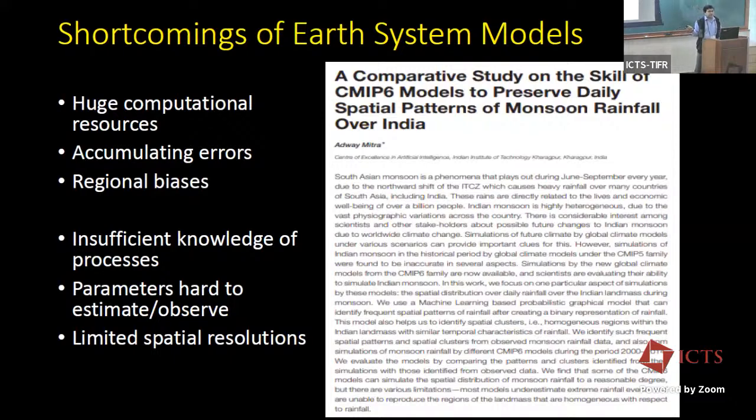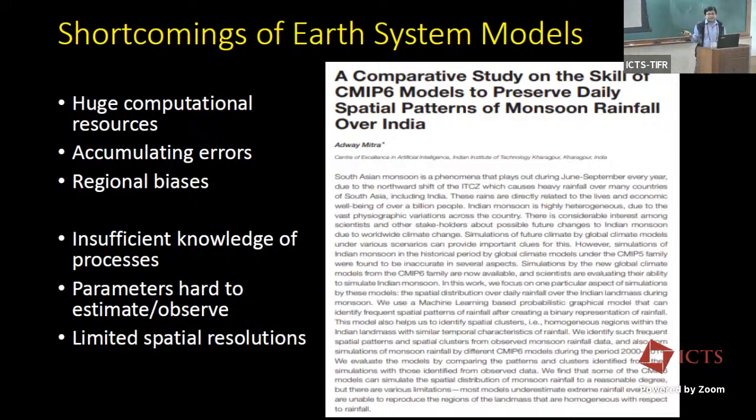So like I was earlier mentioning, when it comes to these Earth system models, weather forecasting is of course a very specific thing where you are trying to predict the weather variables. We know that it can be done at several scales: seasonal, sub-seasonal, daily, even hourly weather forecasts are available. Now, when we are talking about a little more into the future, or the past few decades and so on, then of course we have to go for these CMIP6 models.